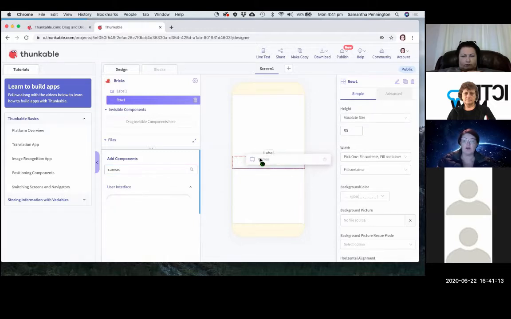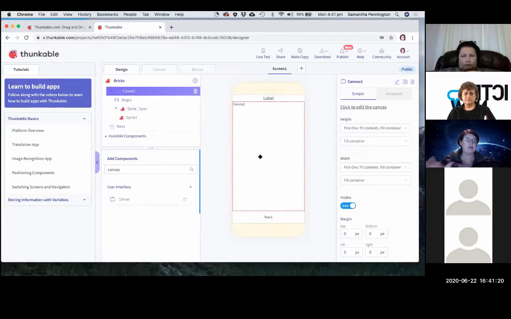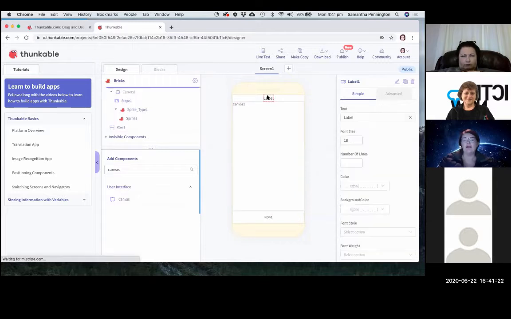Right, I want it to go in. Okay, if I put it there, it's currently between the label and the row. Yes, that's how my screen is supposed to look. Right, so if I take the label now,